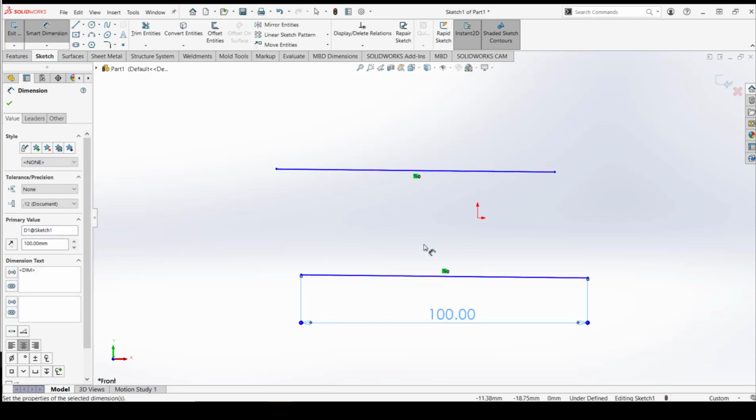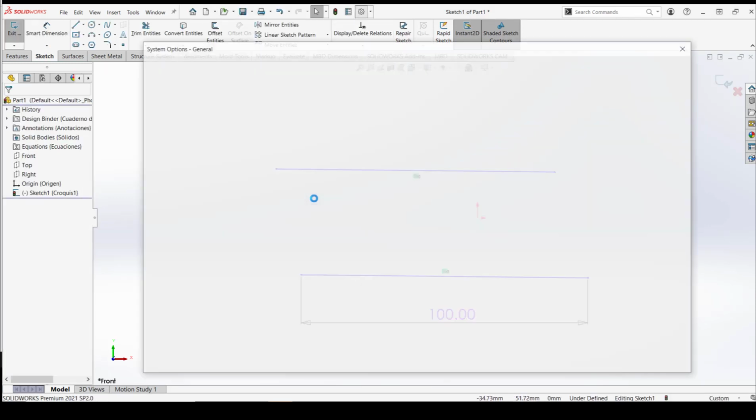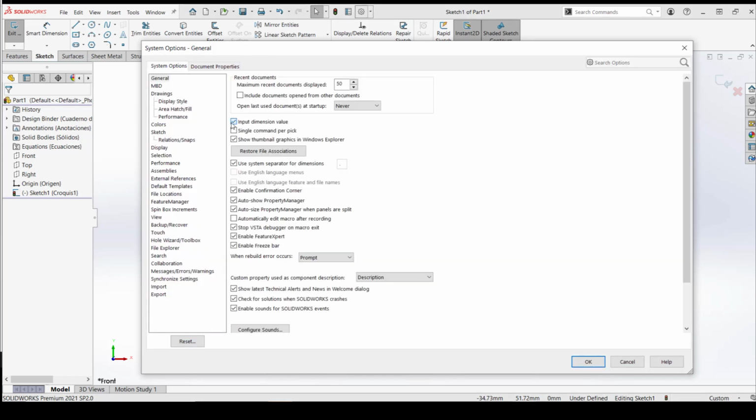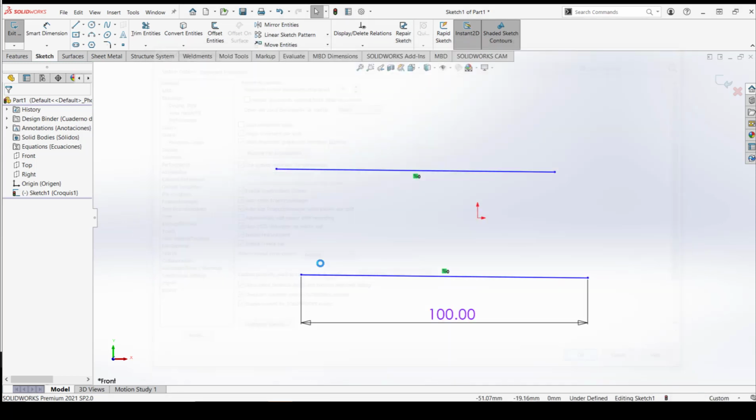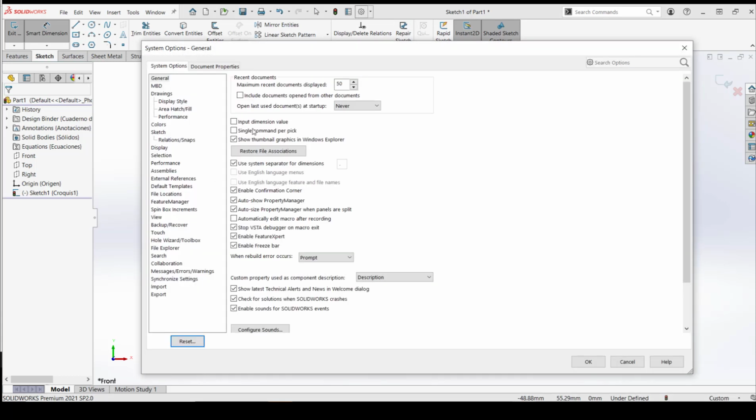If we turn off input dimension value, then now when we add our smart dimension, the modify box won't pop up. It'll just go with the dimension that I had there. And if I wanted to edit it, I would have to double click it and go into it. So that's kind of a pain because I never draw my line the correct length the first time. So definitely have that one selected, input dimension value.